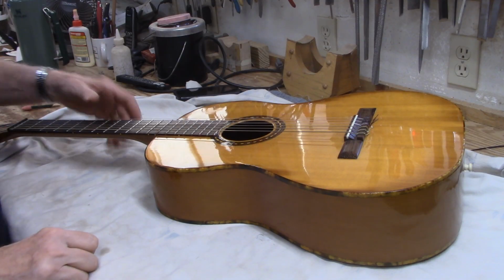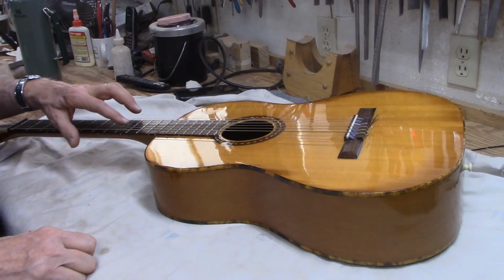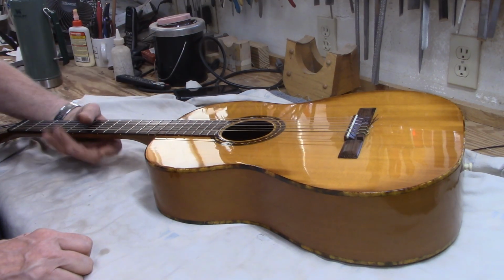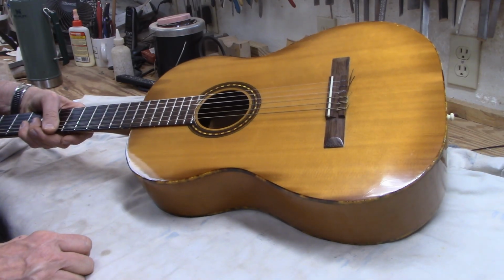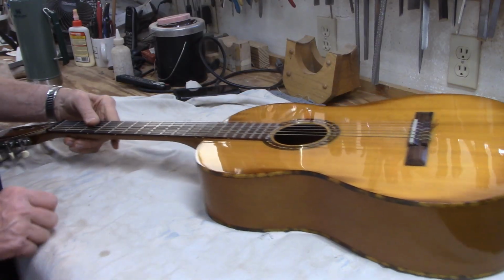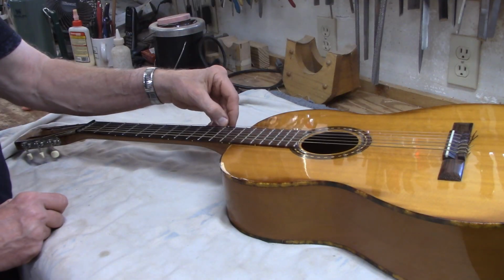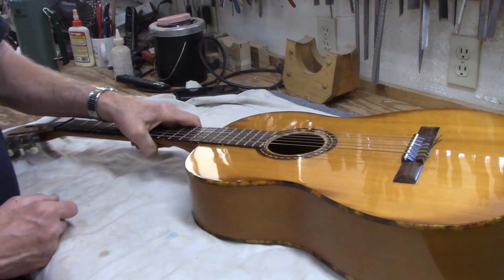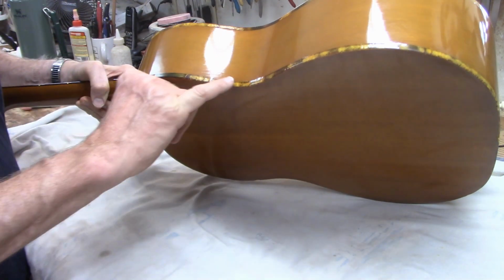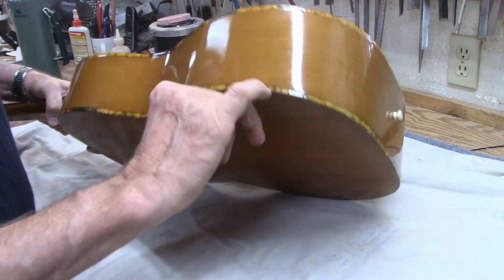Here's a Gibson classical guitar, model C1, I think with a subscript of a D, so a C1D, if I had that right. There's no label in it, so I can't really say for sure what model it is, but I know at least it's a C1. Has a really nice sound, but it has an issue in that the celluloid binding is cracking and disintegrating all